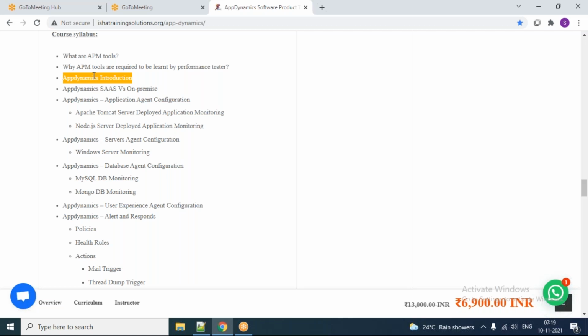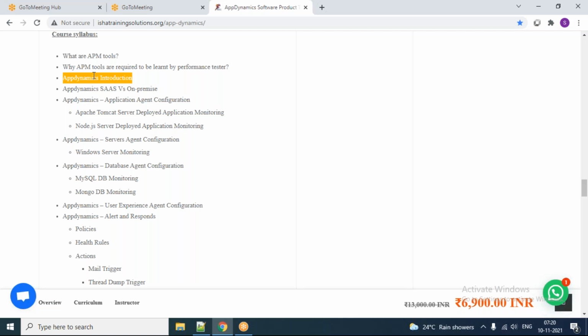MySQL DB monitoring and then MongoDB monitoring, which means how you will install the MySQL database in your local machine, how you will configure the AppDynamics database agent, how the data is actually coming back to the AppDynamics UI, and how you are going to do further investigation.